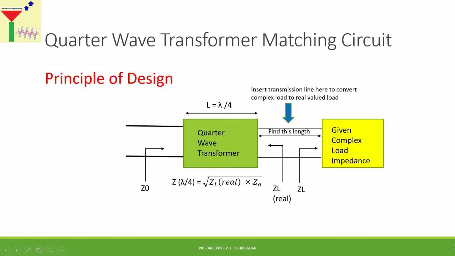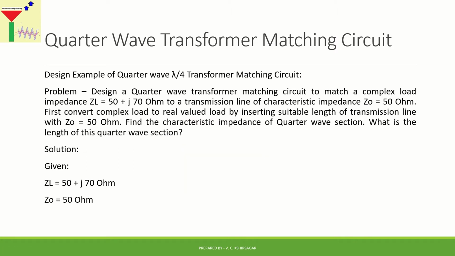Okay. So we go next and let us see one typical example. Here we are supposed to solve one particular example. Now this will provide us the information about how to design a quarter wave transformer. Okay. So we will design this matching circuit using a plain impedance Smith chart. I hope you people are ready with your Smith chart, right? And we will be using an impedance Smith chart or Z Smith chart in order to design this matching circuit, right? So first of all, I will read out this problem statement.